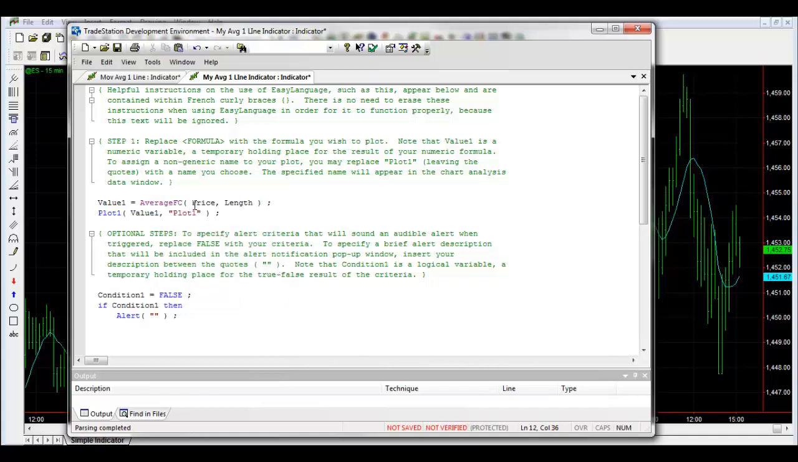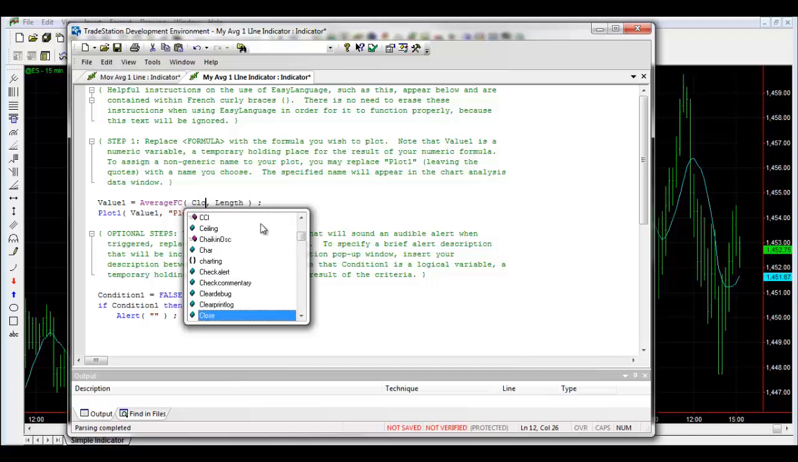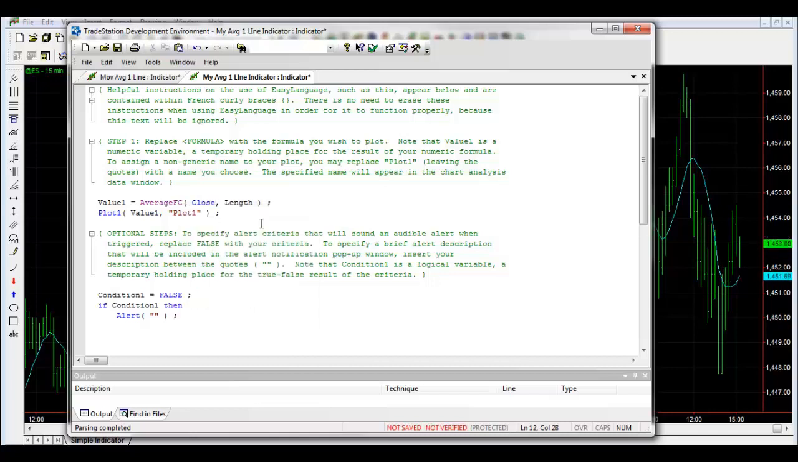Now initially we are going to give it a price. We're not going to use it as an input. We're just going to give it the price that we want to use, and then we'll come back and show how to do the inputs. So we're going to hard code in here